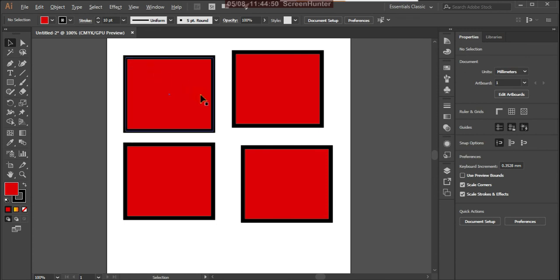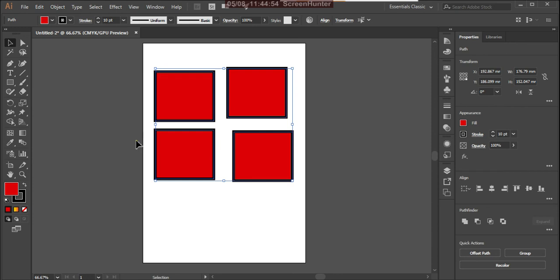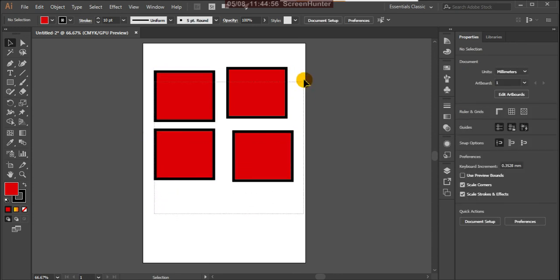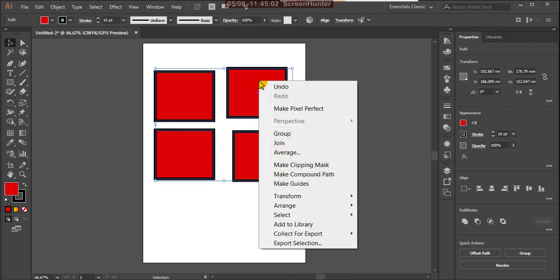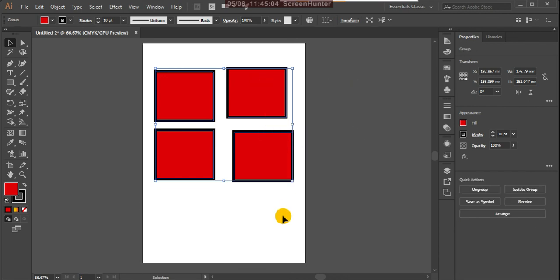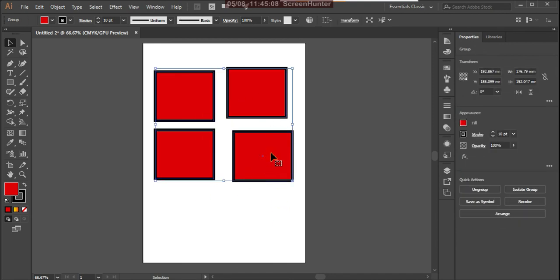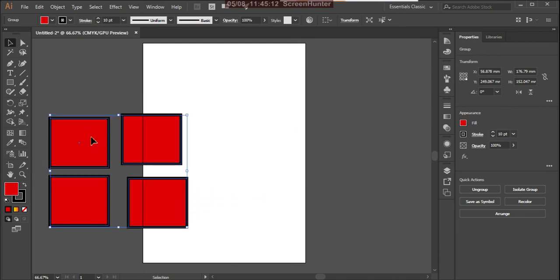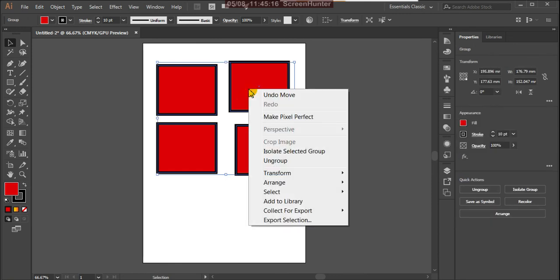First, I'll select all these things by dragging from outside these boxes, and you can right click and group. Because it is grouped, if you select one object, all objects are selected, and when I try to move, all are moving because they are grouped.